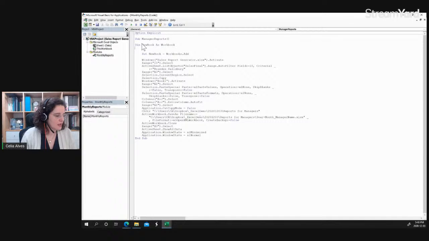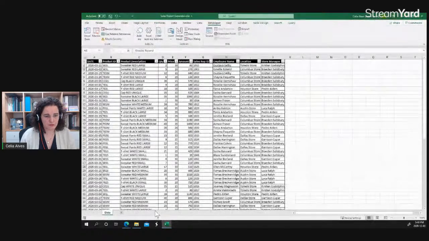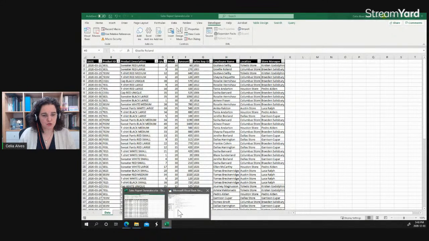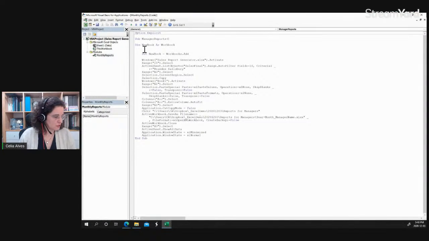Okay. Now we are going to switch information between the sales data. Let's go back here to remember what we have. We have a table called data, this sheet here, and we are going to switch information between this sheet and the other one. So I'm going to also give a name to this sheet. I'm going to declare